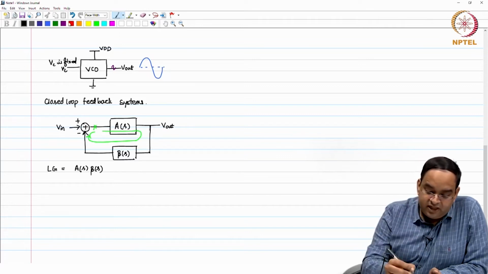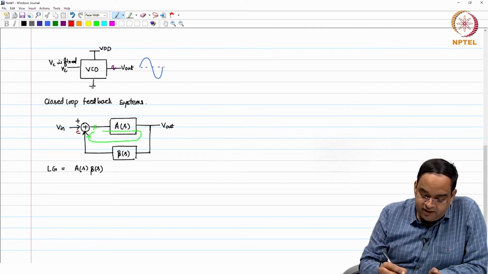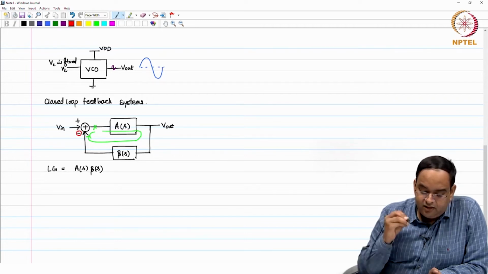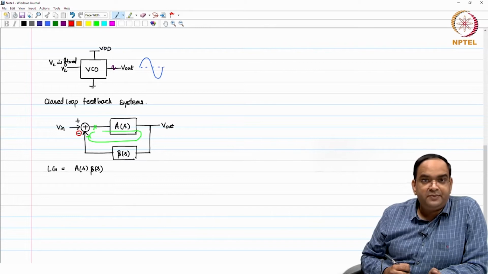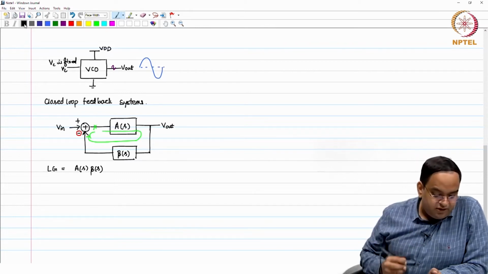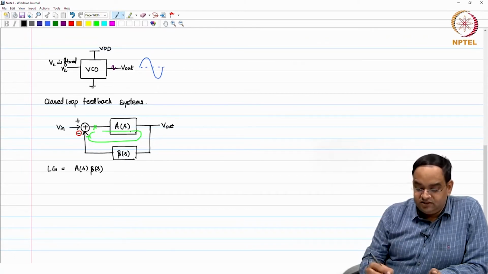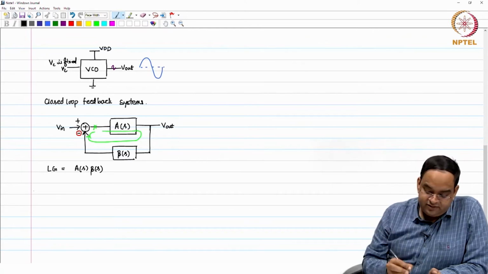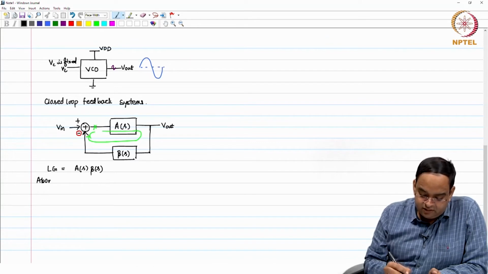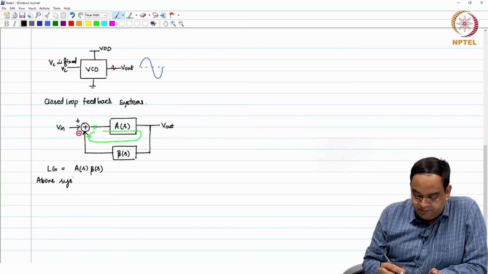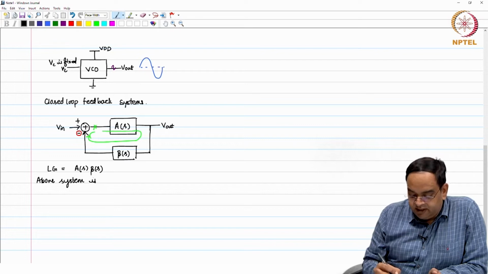We have to keep in our mind that there is a negative sign in the feedback. This is important. Now, given this loop gain, the above system becomes self sustainable